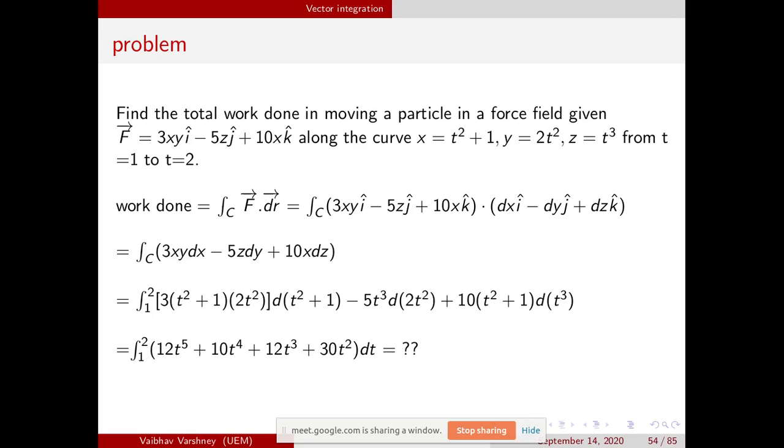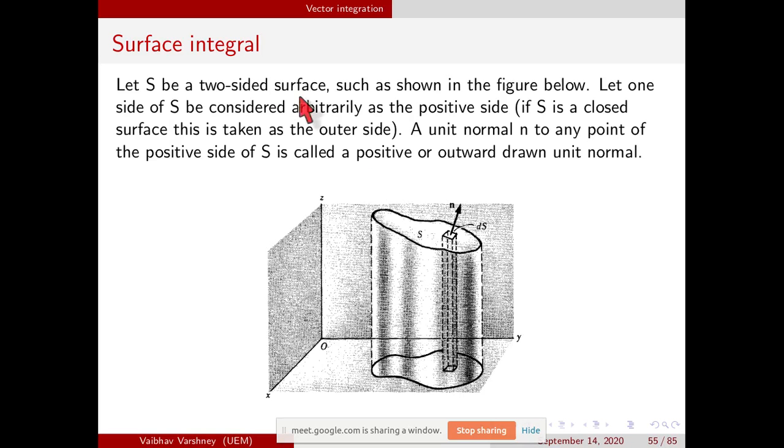So this is the line integral. Let's move to the surface integral. The main difference between line and surface integral is that in a line integral we are integrating through the curve, and there is only one limit, like x. But in a surface integral we have to integrate throughout the surface, and all limits will be in 2 dimensions. It's like dx dy, the area element. Basically we are integrating the area element.